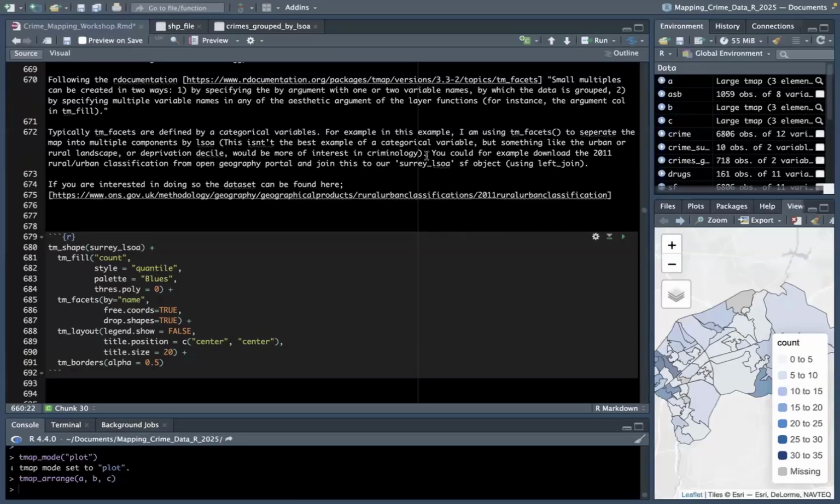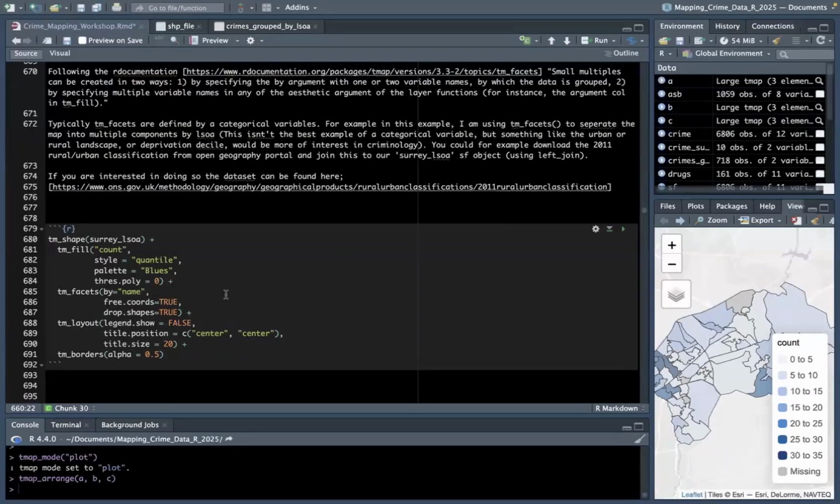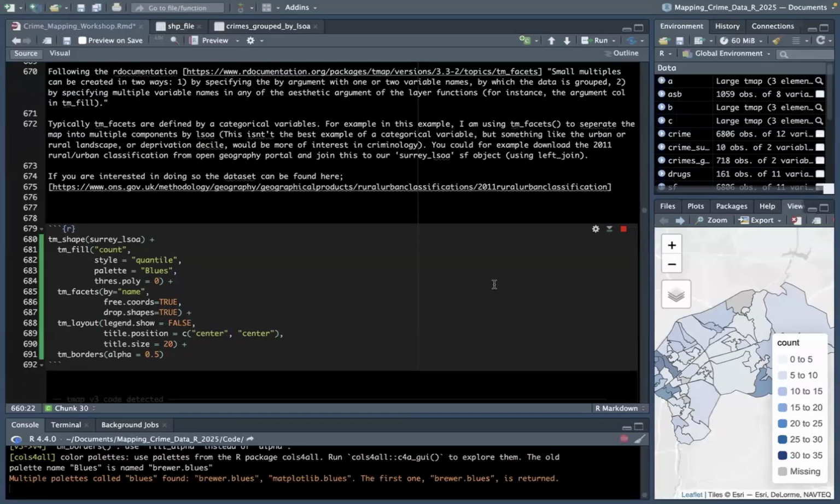This isn't the best example of a categorical variable, but if you combined this shapefile with something like urban and rural data, so you typically have a binary data set that will tell you whether this LSOA is urban or rural, this would be a great example to use the tm_facets plot. But currently I'm just going to be using the LSOA variable as its reference point, but I just wanted to show you what this might look like. So if we go ahead and run this,